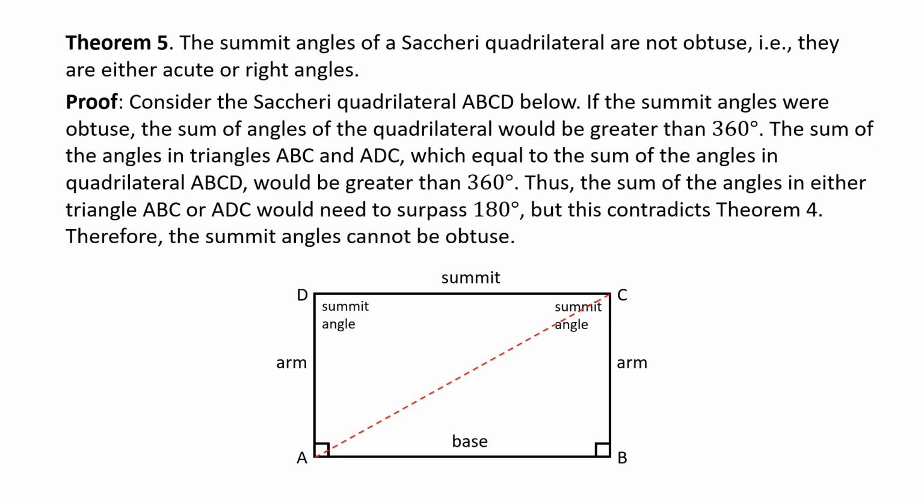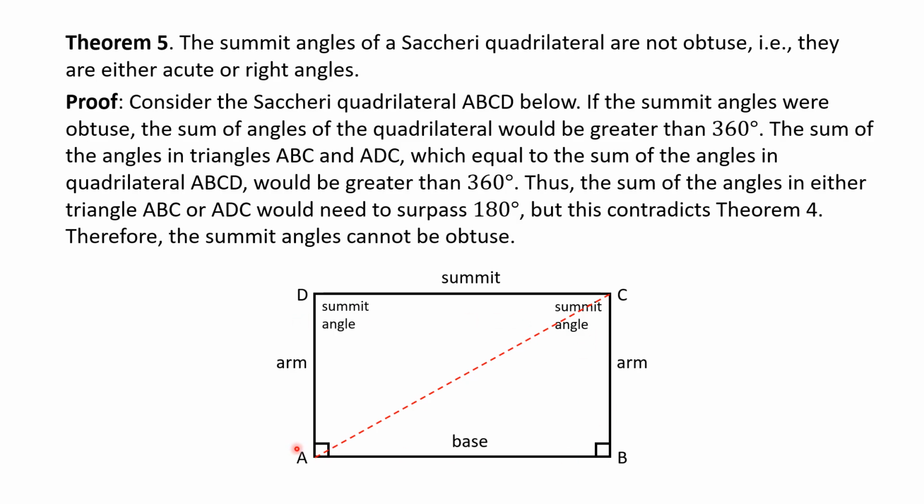Theorem 5, the summit angles of a Saccheri quadrilateral are not obtuse. In other words, they're less than or equal to 90 degrees. The proof is as follows. Consider the Saccheri quadrilateral ABCD shown below, this thing here. If the summit angles were obtuse, the sum of the angles of the quadrilateral would be greater than 360. So we'd have these two angles down here are 90, and then if these are both greater than 90, then